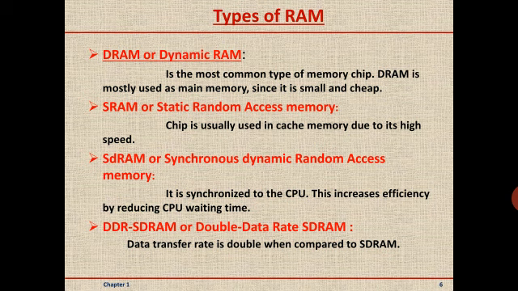One more category of RAM is SRAM. SRAM stands for Static Random Access Memory. It is usually used in a cache memory due to its high speed. It uses multiple transistors. It doesn't have a capacitor in each cell. SRAM memory cell has more parts, so it takes more space on the chip than a DRAM. SRAM is very fast and easier to use.